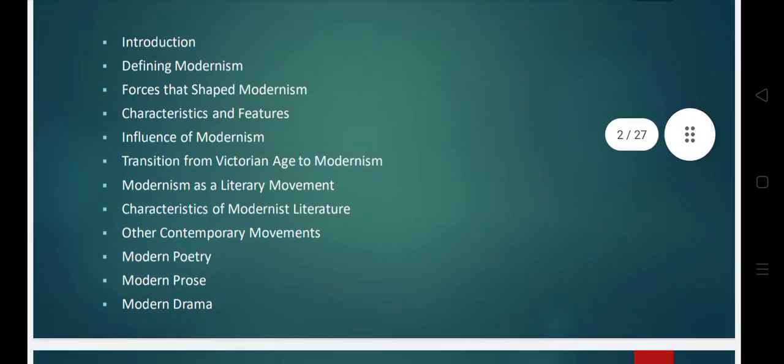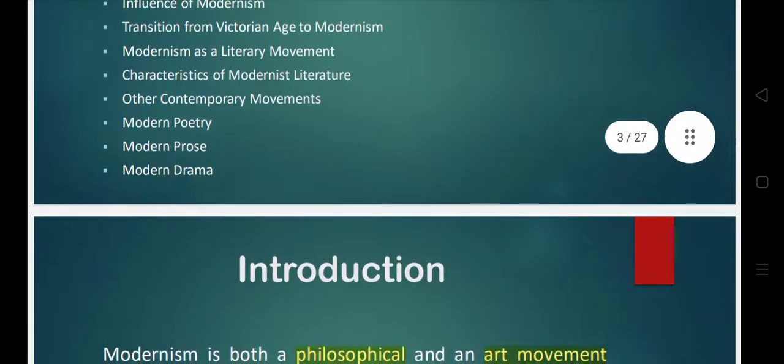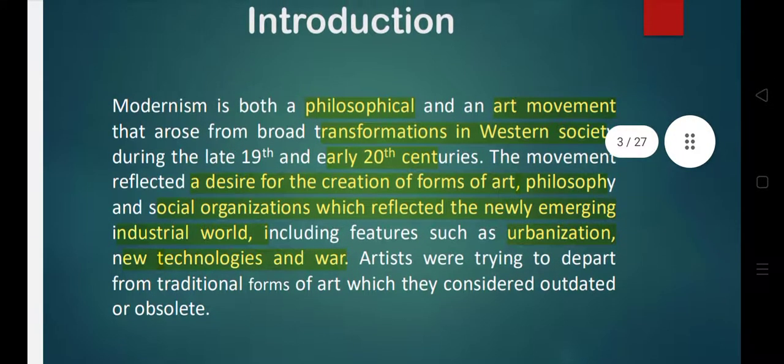We'll cover all of these topics: define modernism, characteristics and influence of modernism, transition from Victorian to modern age, modernism versus literary. It is a literary movement. We'll see characteristics of modernism, and we'll see modern poetry, modern prose, and modern drama as well. So let's get started with the introduction of this age. Modern age or modernism, it's a literary movement,